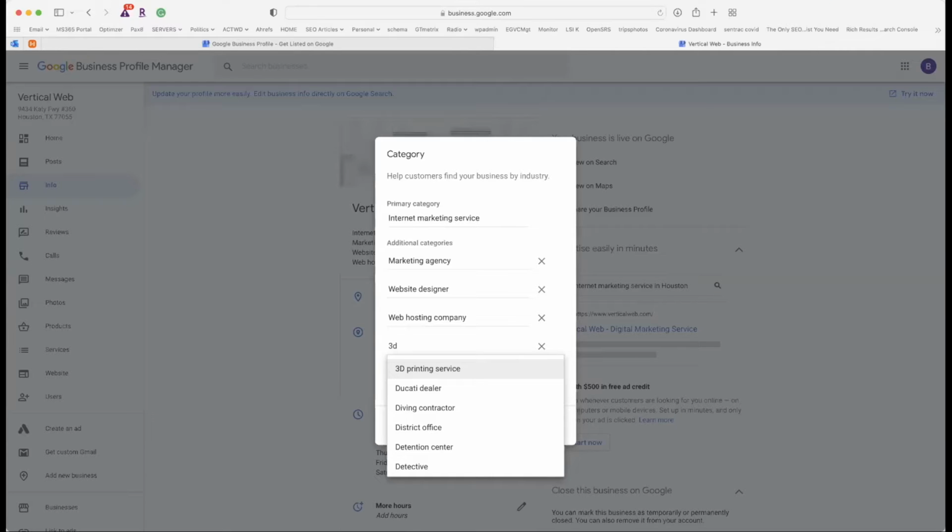Can you expound on why you wouldn't put 3 all in the same profile? It'd be like putting apples, baseball gloves, and high heel shoes all in the same spot. They're not related to each other, so they don't make sense. It's kind of like we're just throwing words out there. So you've got to be somewhat focused on what you do. I mean, if you have 3 businesses, then you probably need 3 profiles if they're that specifically different. And it sounds like there are 3 very different businesses.